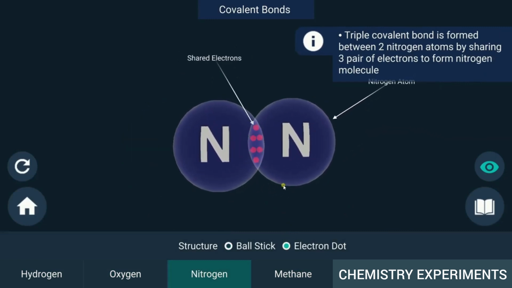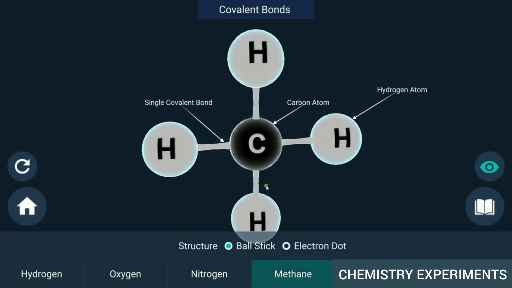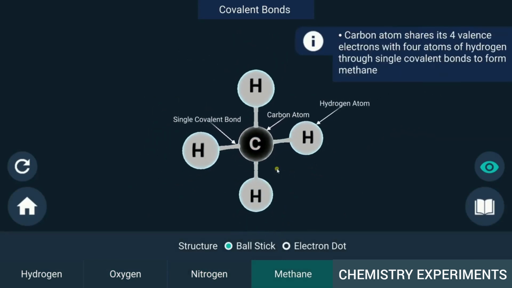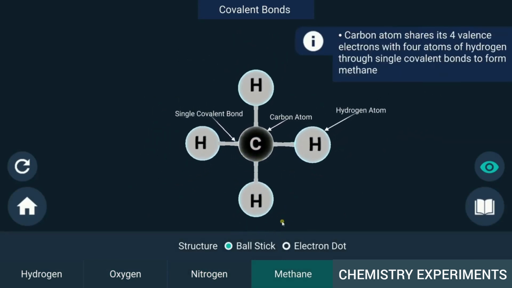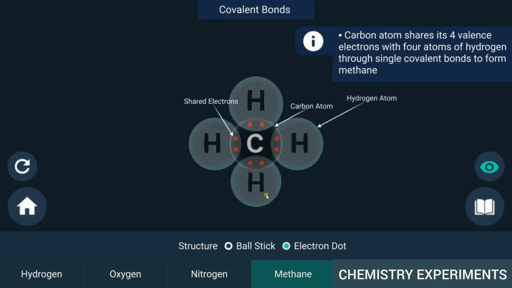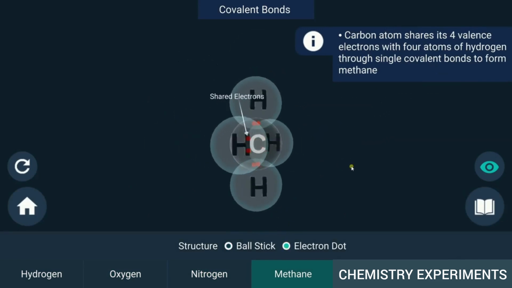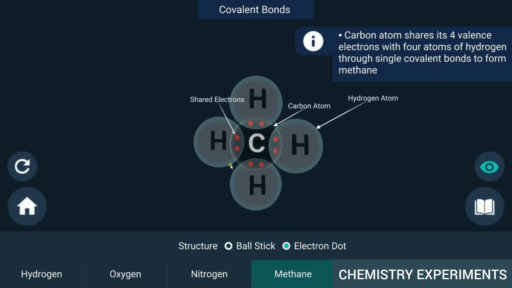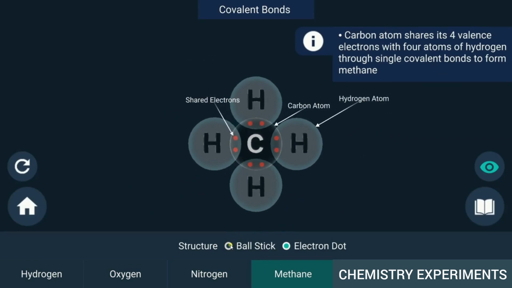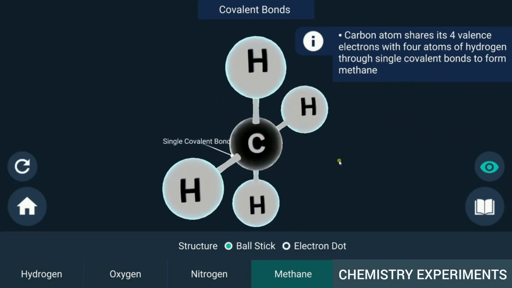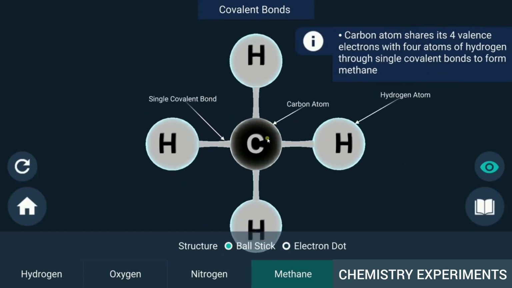Now, let's take methane. It has the formula CH4. Hydrogen has a valency of 1. Carbon is tetravalent because it has 4 valence electrons. In order to achieve noble gas configuration, carbon shares these electrons with 4 atoms of hydrogen through a single covalent